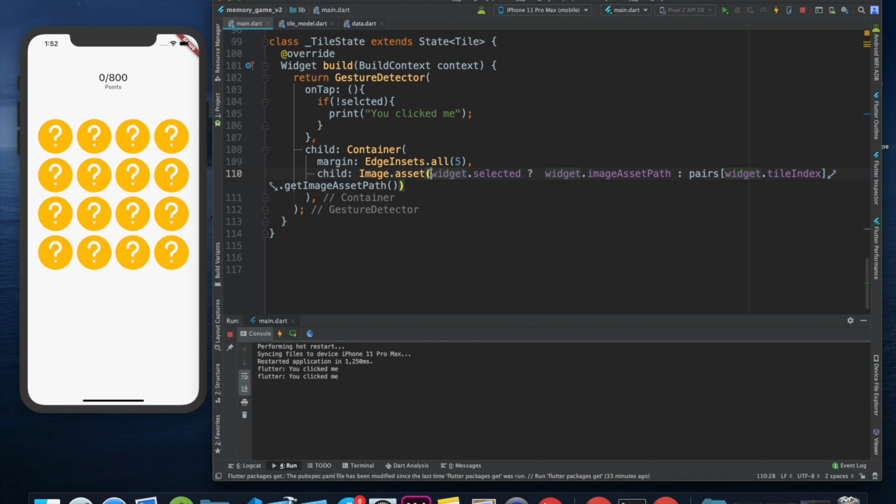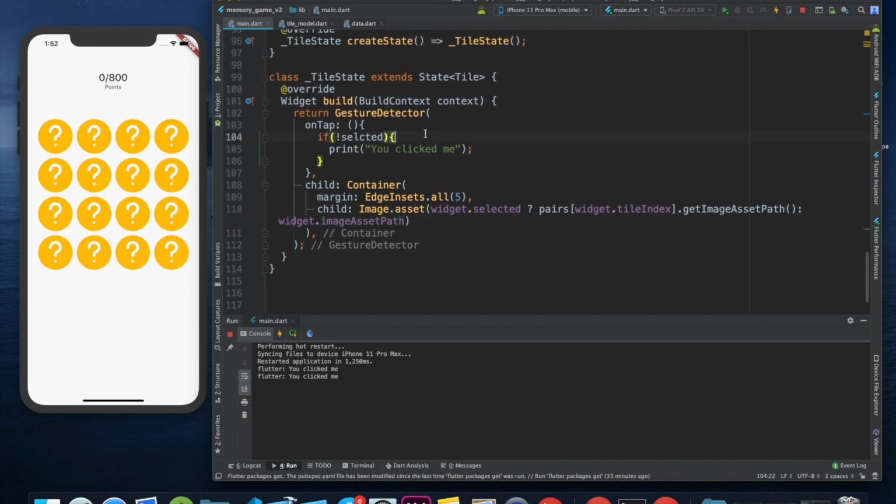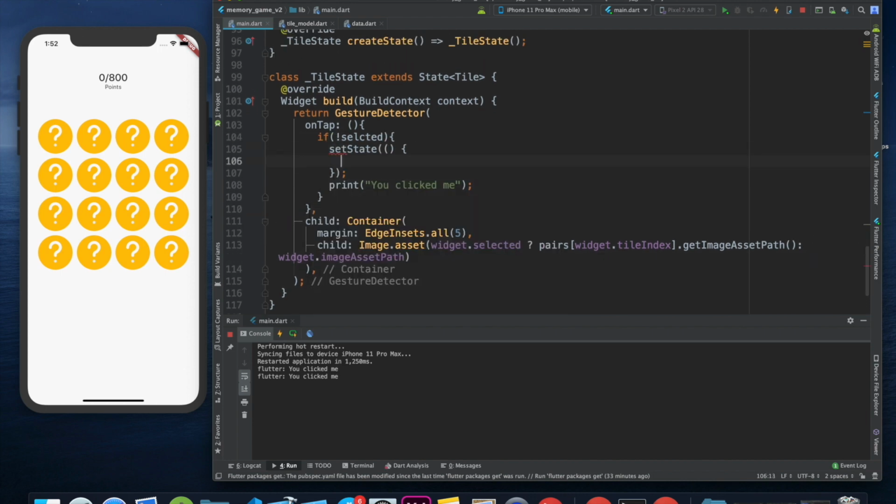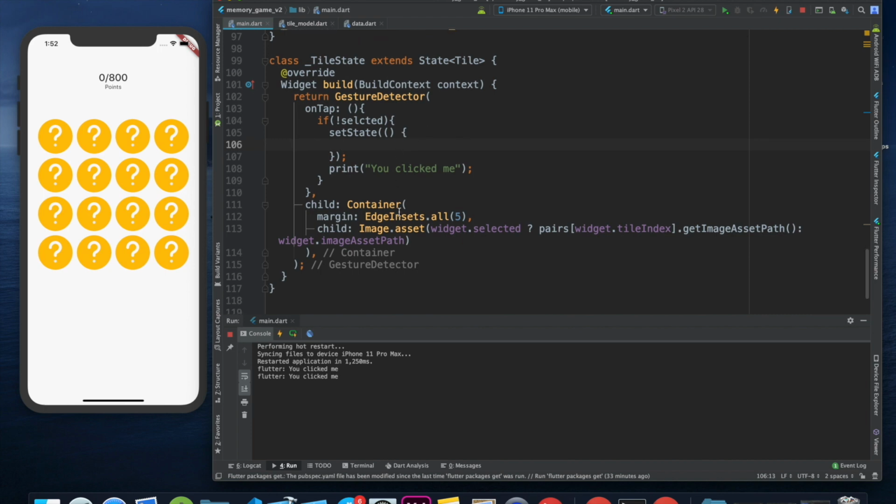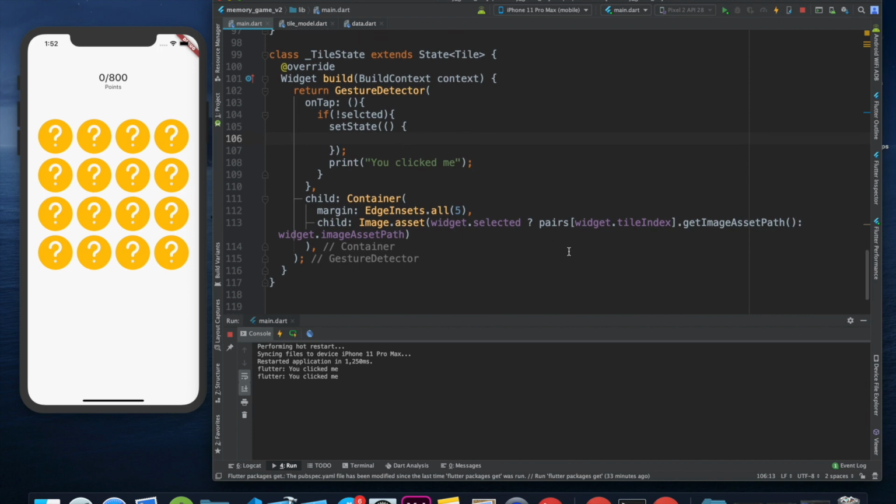So we want to change this. Let me flip this actually, because we want to show this if it's true, and this if it is false. Got it? So if this is true, then we are going to show the true image which is behind the curtain. And if it's false, we are going to show whatever it is. And when we click on it, we are going to set this. So I'm going to say set state,